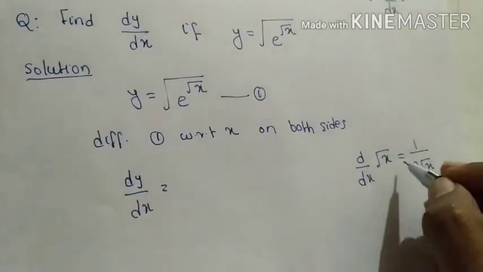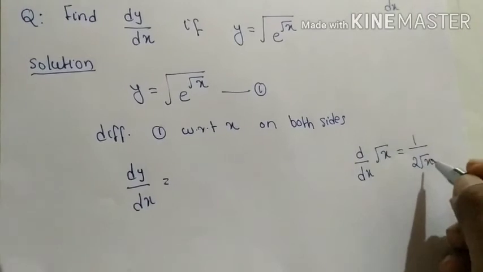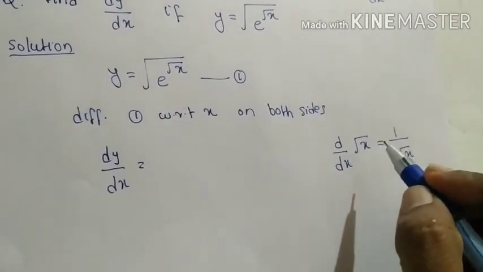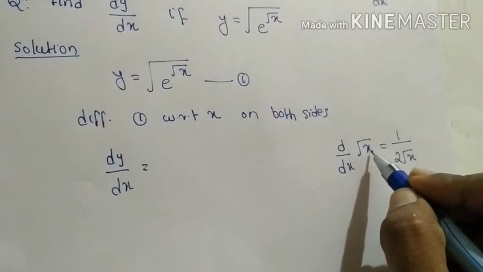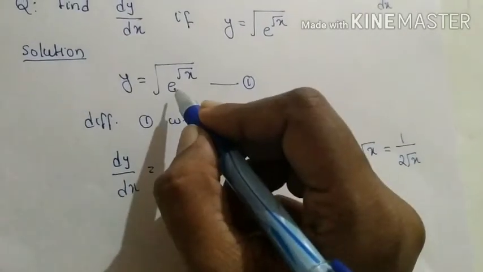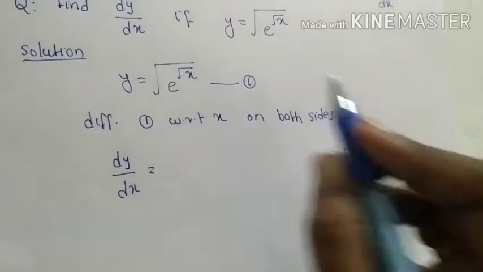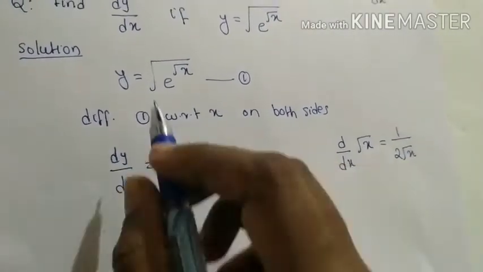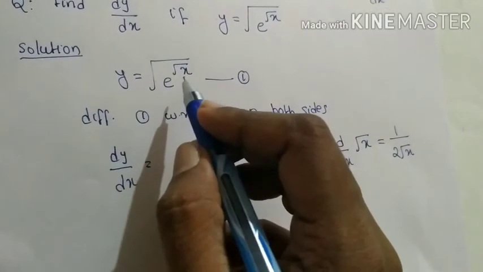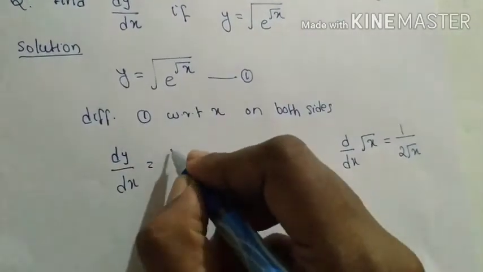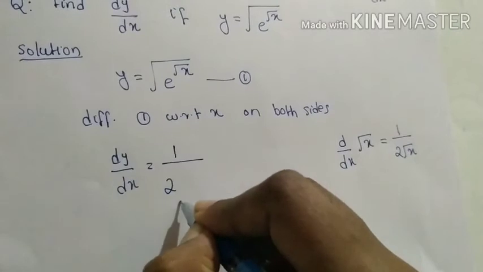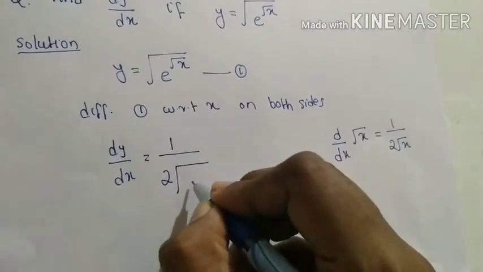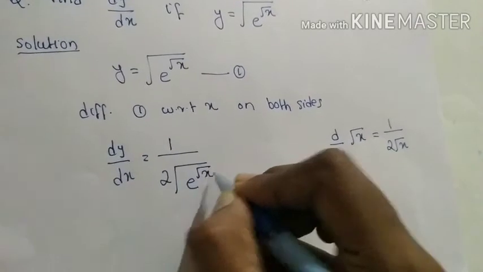But here, instead of x, it is e raised to root x. So if the derivative of root x is 1 by 2 root x, then root of e raised to root x becomes 1 by 2 root of e raised to root x